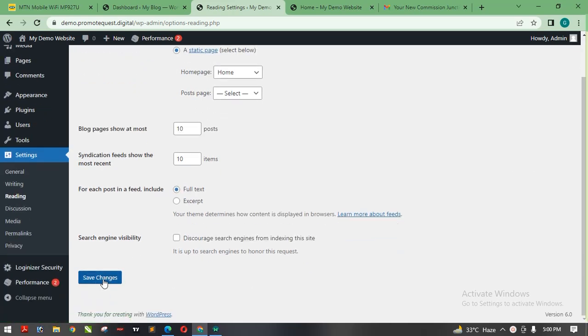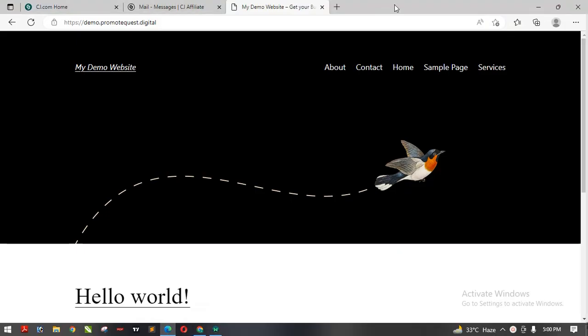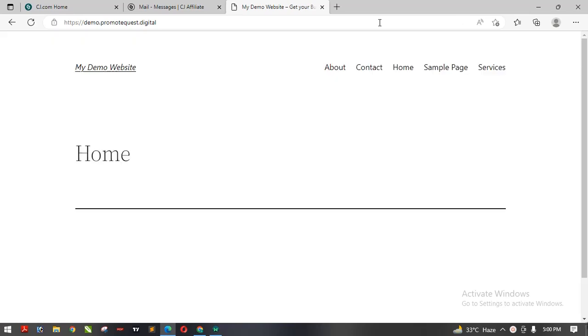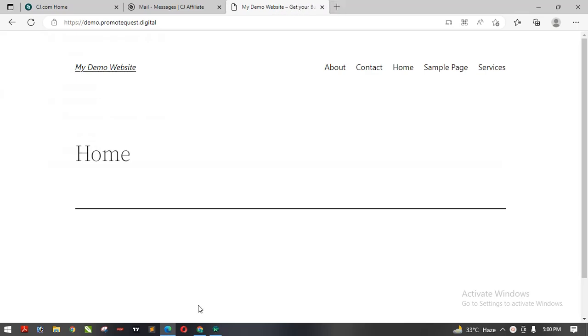So let's just click on save changes. Now if you come back here and reload this website, you notice that it brings me to my home page. So I hope you understand. If you give anybody your URL now, the first thing they will see is the home page,